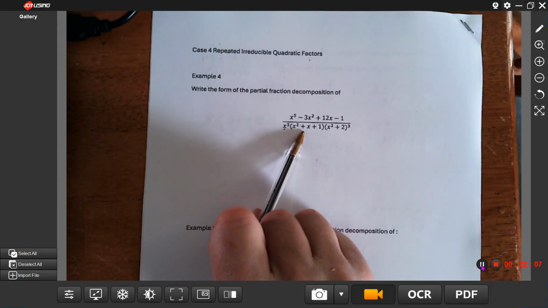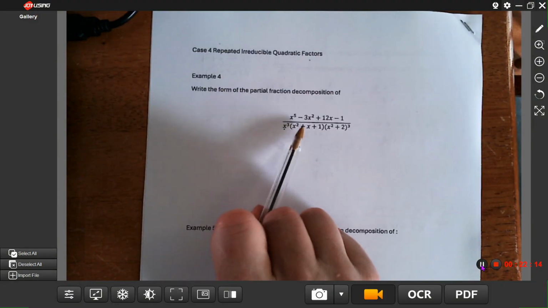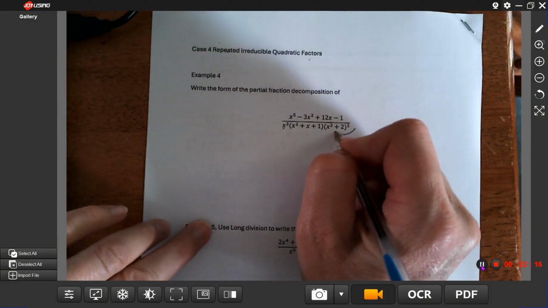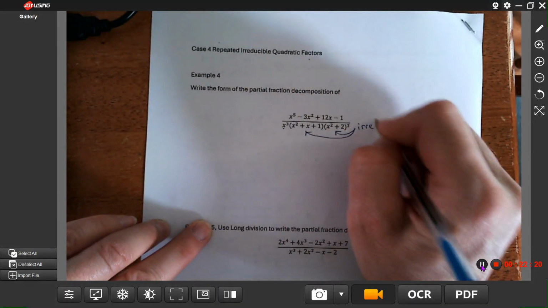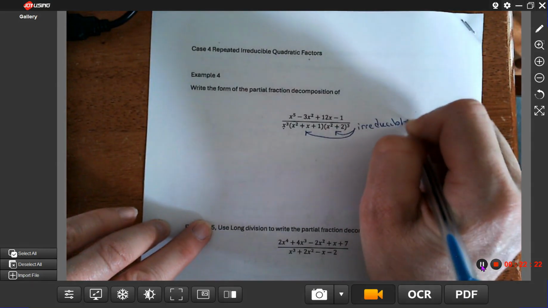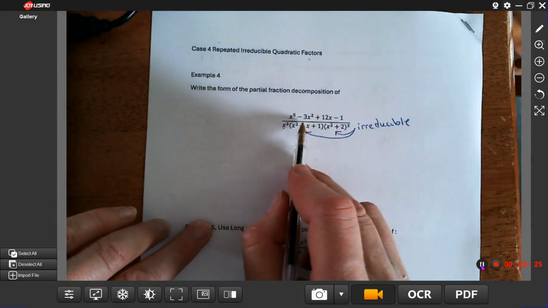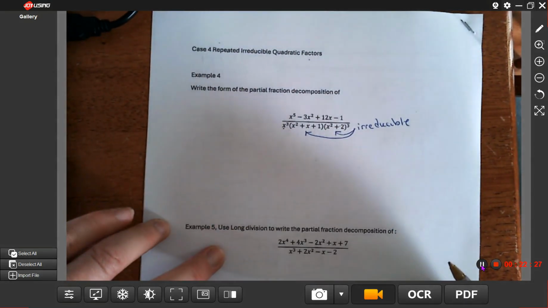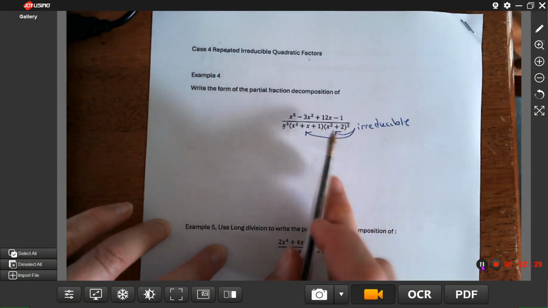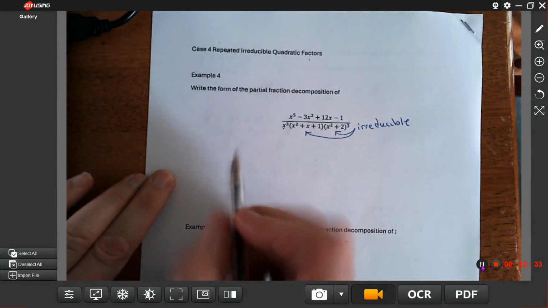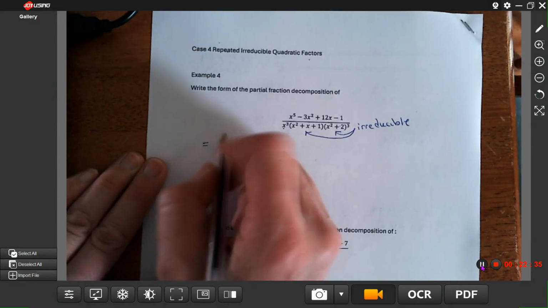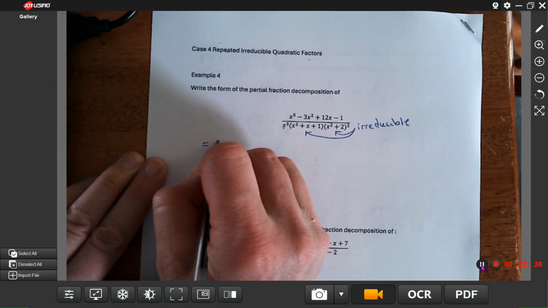My quick and easy way, if I'm not sure, is I just graph it in Desmos or my graphing calculator, and if it doesn't have x-intercepts, it's not factorable. So anyway, these are both irreducible. So we have 1, 2, 3, 4 irreducible quadratic factors. And this one is repeated. Okay, great. So I'm going to write it as